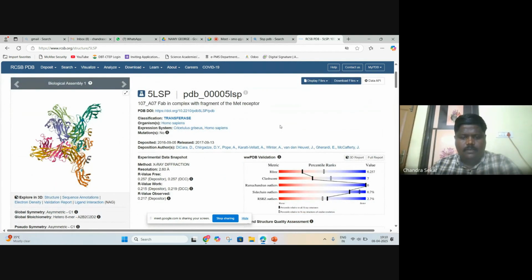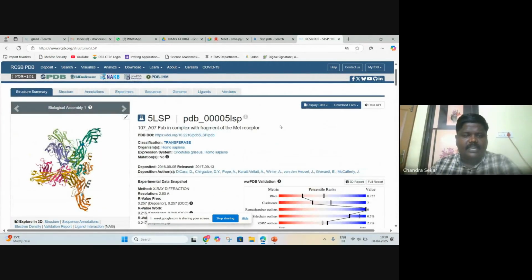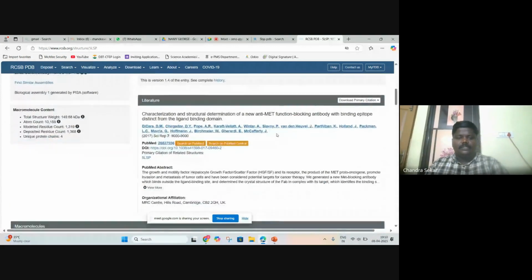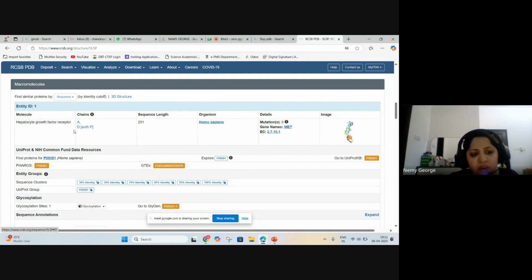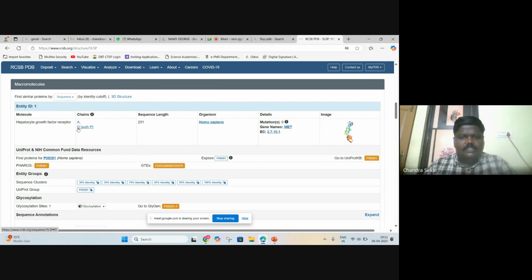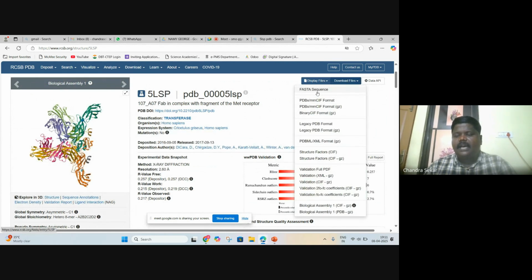Okay, same thing, right? 5LSP. Yes, sir. So in this, if you observe, they have given two chains, A and D, but the author has mentioned P. So we have to go for this A and D only. These A and D are unique sequences. There is no doubt in that.